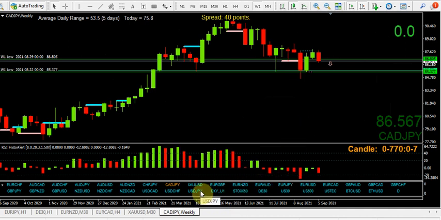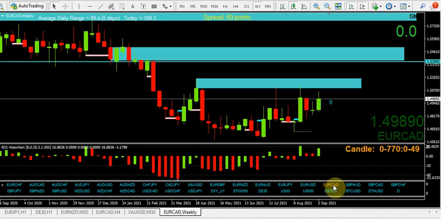CAD pairs, other CAD pairs. I think I looked at EuroCAD. Yep, Euro strong. It is in a massive downtrend, but it's looking good according to the short-term RSI. Anyway, in terms of weekly, it's still short-term. But the trend is without a shadow of a doubt down. Euro and CAD looking a bit iffy, but once again, once you start to analyse where we are, we've got to get above that area. Stands to reason I may well test it.